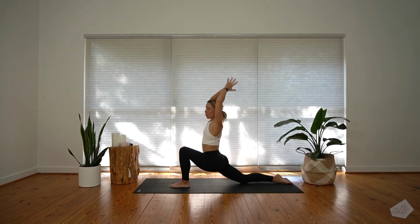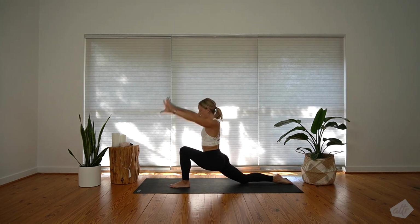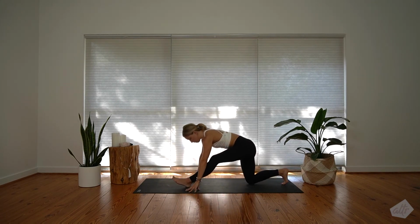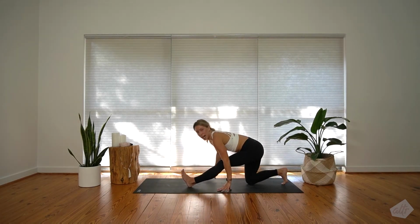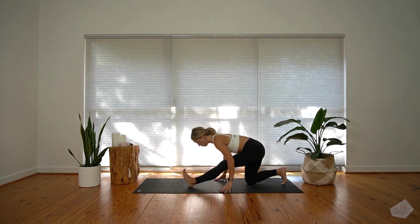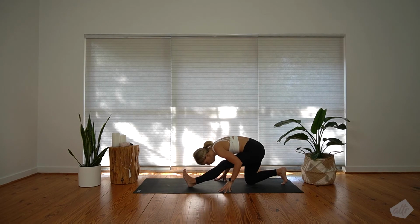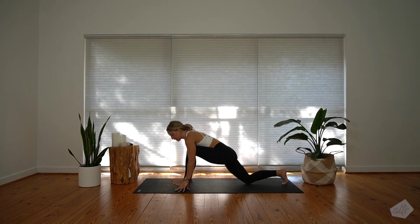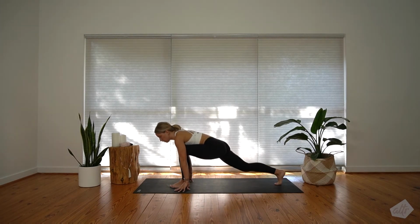Okay, these first few poses we've done before on this side. Exhale, hands to your mat, hips press back, half split, your hamstring stretch. Walk your hands towards you, inhale to lengthen, exhale, forward fold. Slowly walk your hands forward once again, left foot meets the mat, tuck your right toes, pyramid pose, lift your